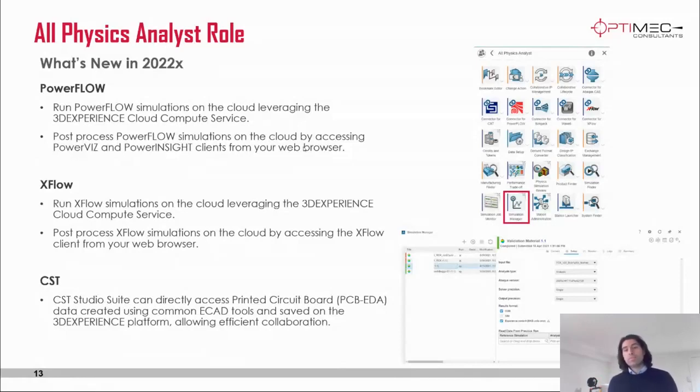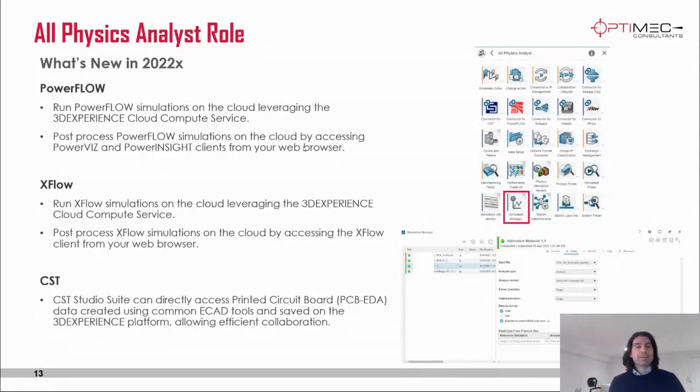And then if you want to view the results, you can either view them online with a specific web app, or you can download the results and post-process them traditionally as you used to do. So there are different types of connectors in this application. There are connectors for Abaqus CAE, CST, PowerFlow, Xflow, SIMPACK, and Wave6. These are all powered by solutions.